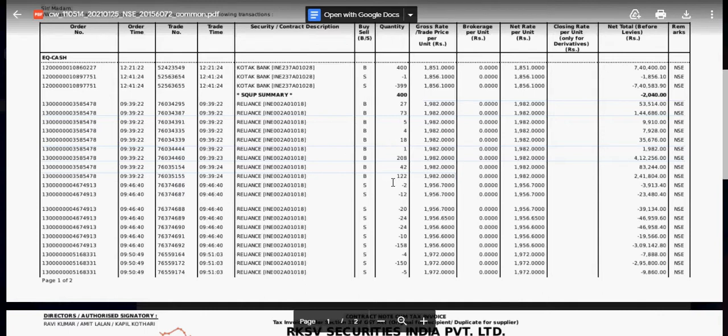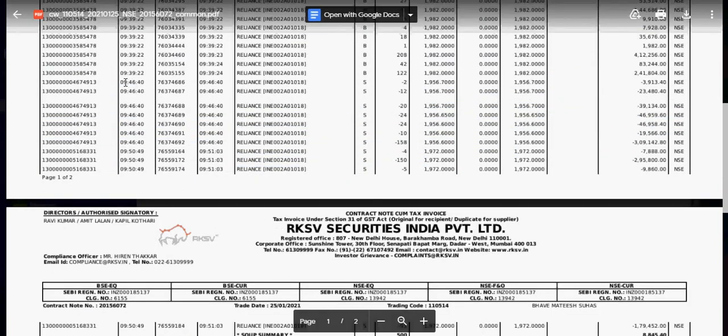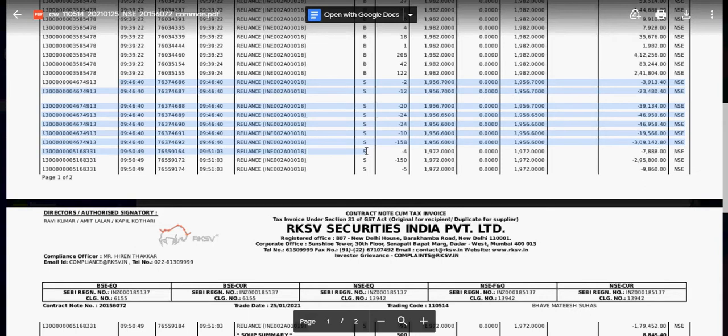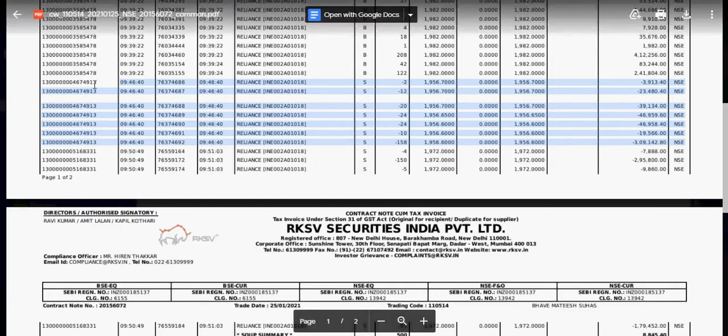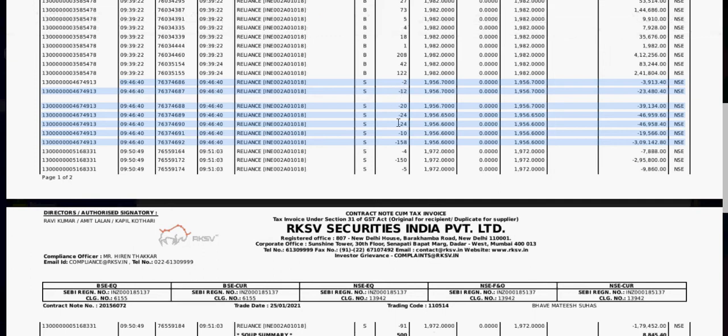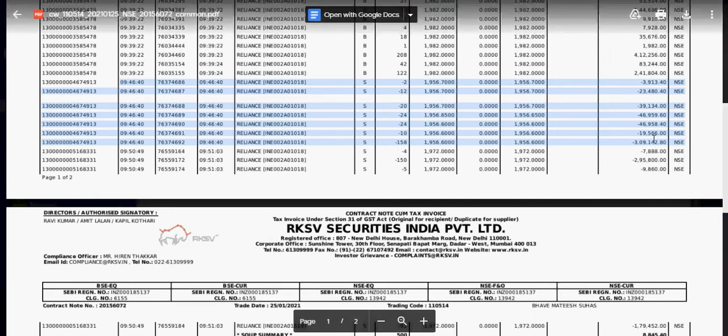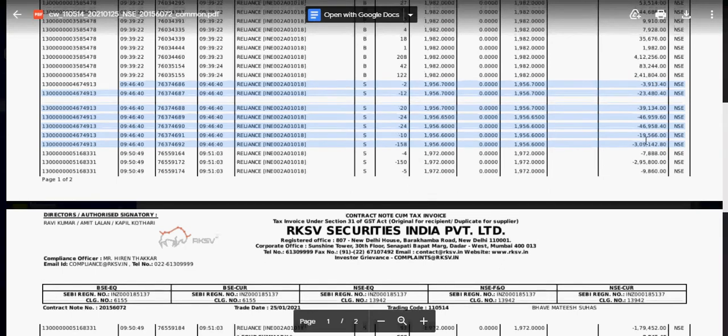Out of the 500 shares I sold 250 at about 9:46 a.m. As you can see here, there is a different order ID. This is the sell ID. So I sold around 250 shares at about 9:46 a.m. All these order IDs are identical because that was just one order of 250 shares I had sold. And again there was no one buyer of 250 shares, so that order got split in a number of ways, and this is just the total amount of the split. So basically 2 shares into 1956 is 3913, just like that. Just the multiplication of these two is the total amount column.